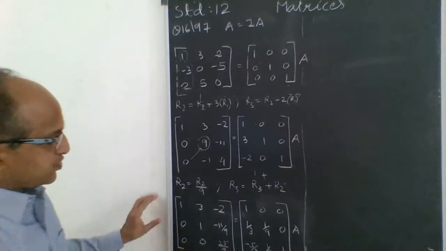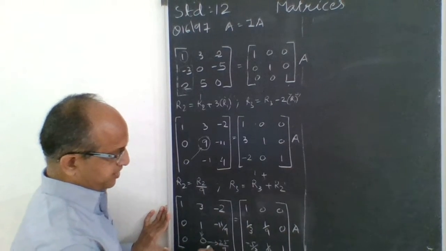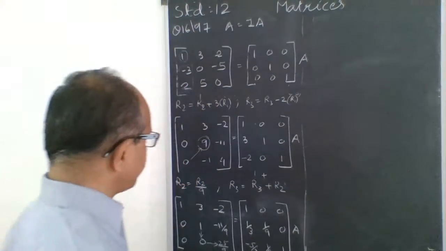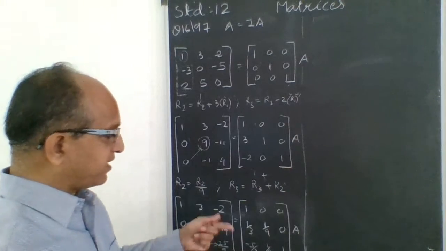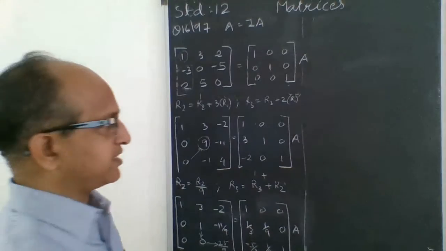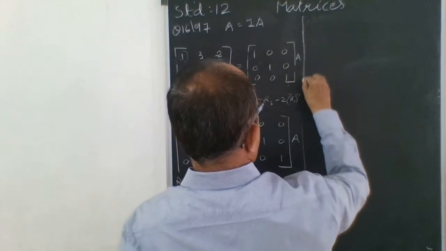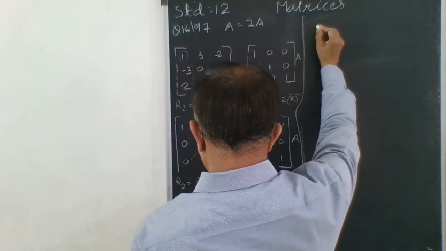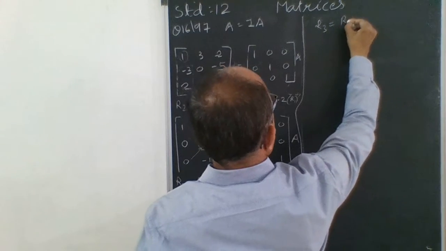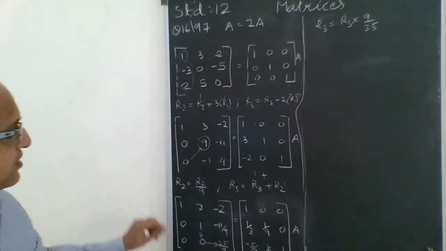Okay. So after this, when we are coming here, it is already 0. So we'll go in this direction, that is 25 upon 9. We have to make it 9. So what we can do? We can multiply this by 9 upon 25, right? And already these two are 0, so it won't get affected. So let us do here into A, and we can have space. So what we can do here now? R3 is equal to R3 into 9 upon 25. That we will do, right?